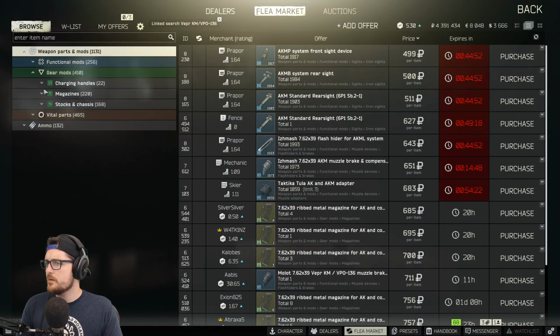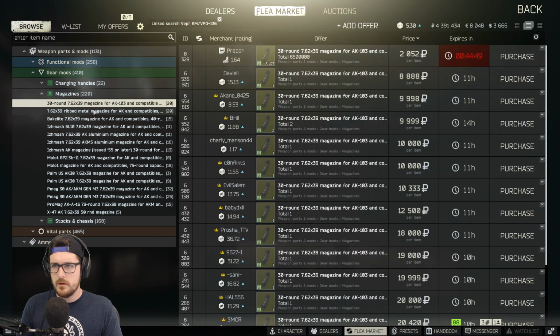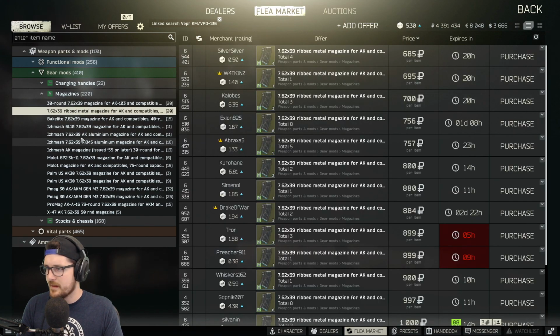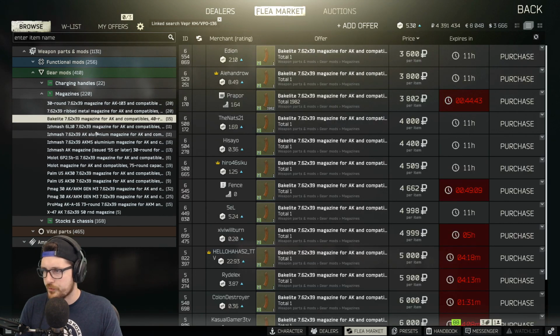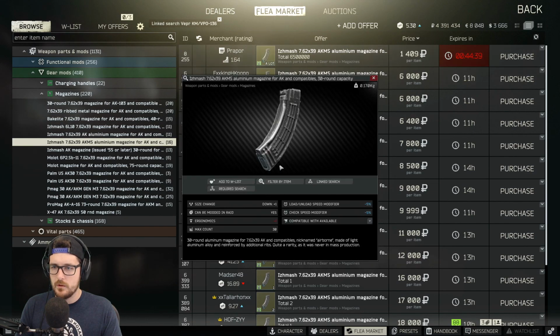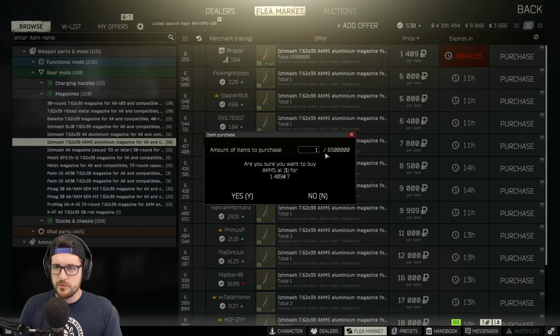Link search again. Magazines. Those are cheap for -2. Again, I think the aluminum ones are just the best. Not those ones. These ones. Yeah, they're so good. Look at this. 1,400 rubles. We're going to get 3 of those. 1,400 rubles for